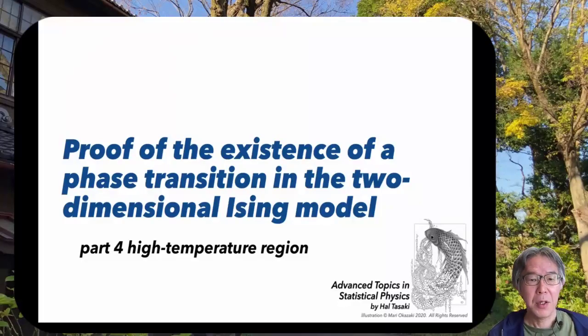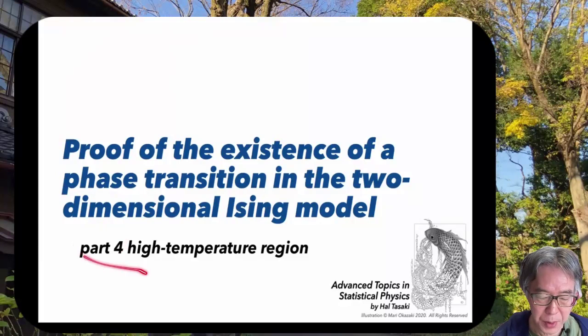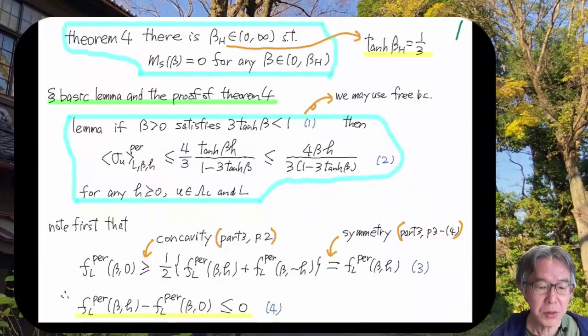Welcome back. So in the final two parts, part 4 and part 5, I will focus on specific properties of the Ising model. And in this part, I concentrate on the high temperature region. Okay, so this is theorem 4, which is proved in this part 4, and it says that